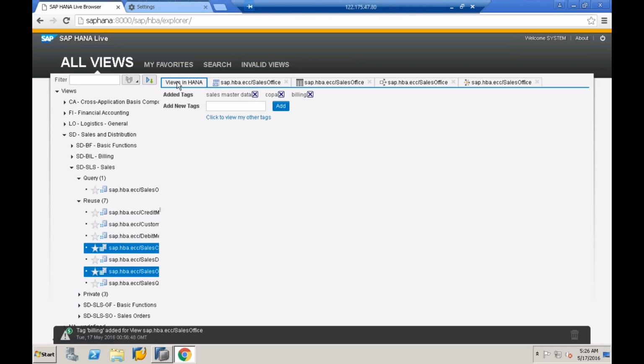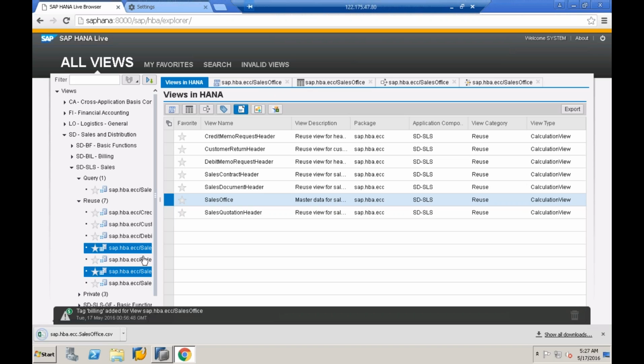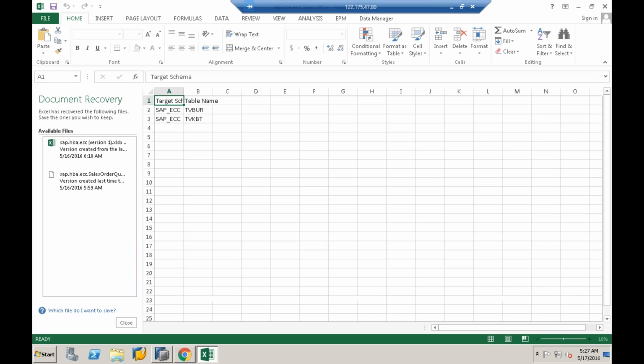You can add various tags, and you can generate an SLD file directly from here. Generate an SLD file, or we can